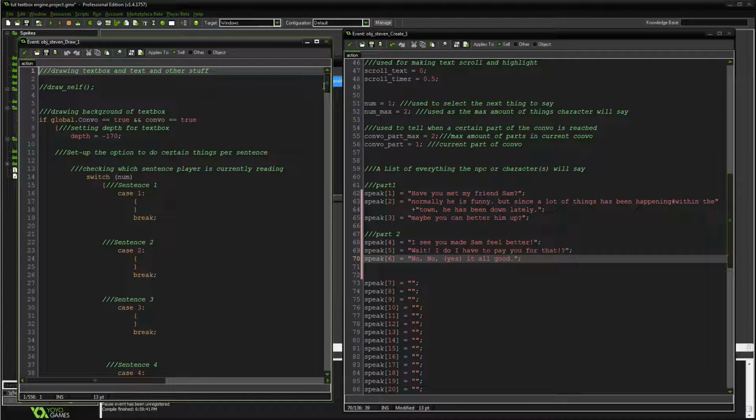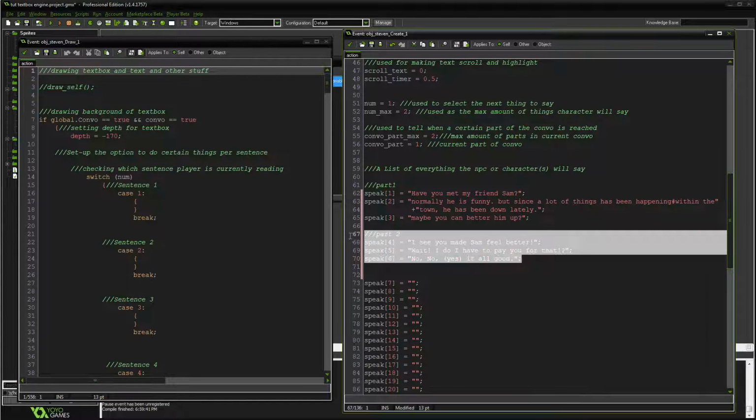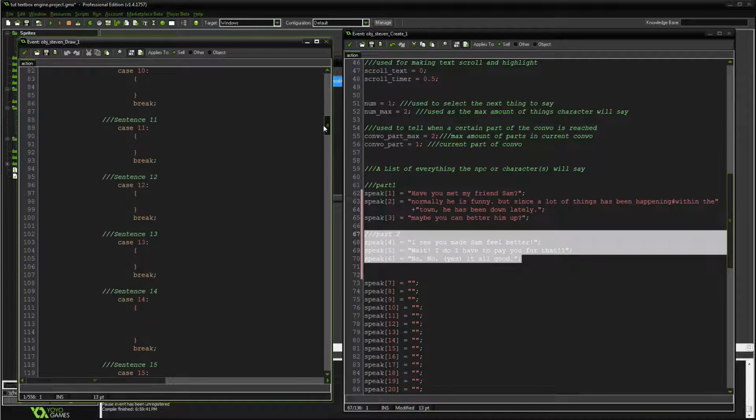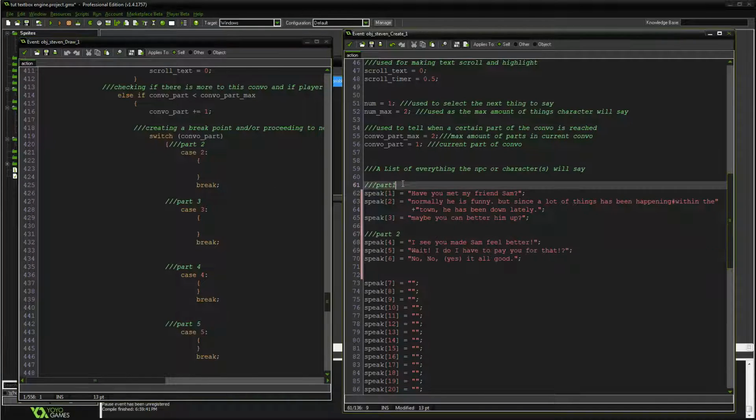So here we go. How do we set this up? Remember, he's going to continue speaking on part 1 until we finish part 2 with Sam. So let's go ahead down to the parts. First, we need to do this. Part 1 has 3 sentences, so let's put num max to 3. We're going to start it on the first sentence. This actually is a conversation that has 2 parts max, so we'll keep that too, like that.